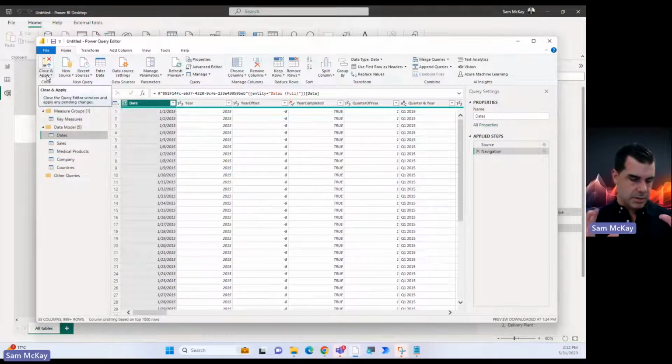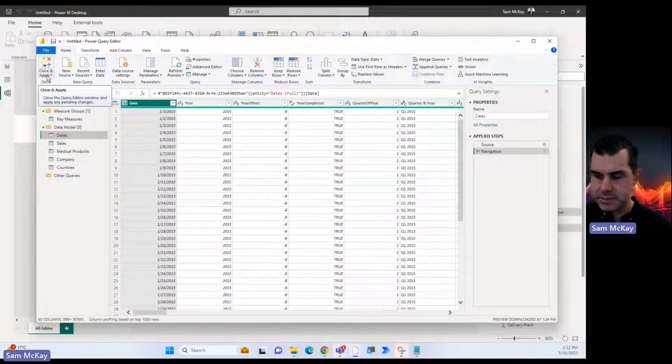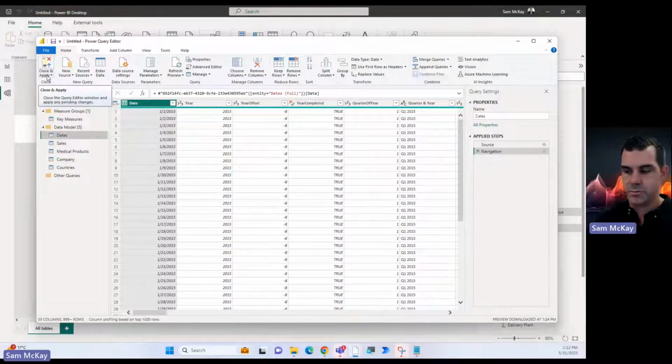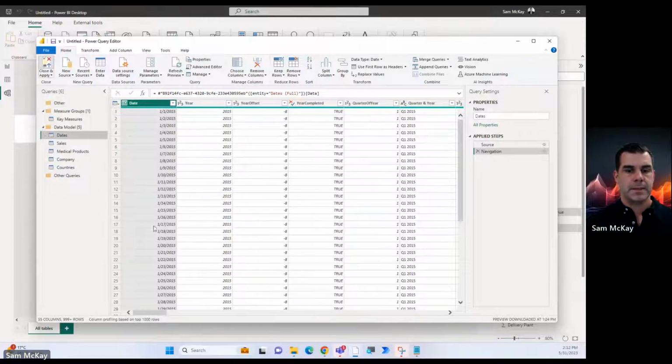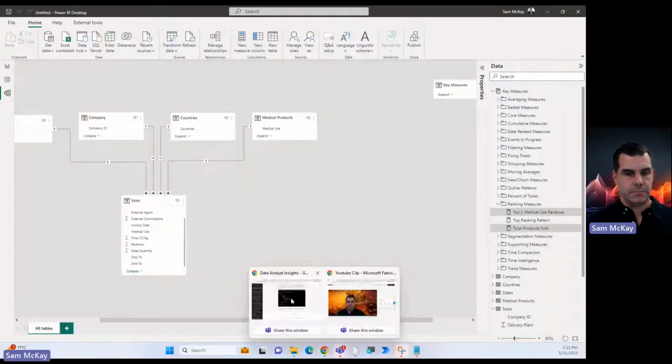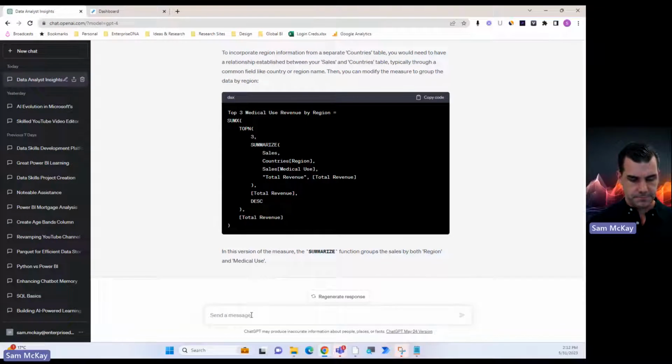Chuck in data from one table and another table and another table, and see what ChatGPT says about how you should model it up, how you should optimize it, and so on. Now, in terms of the last step, ChatGPT is also amazing at advising.